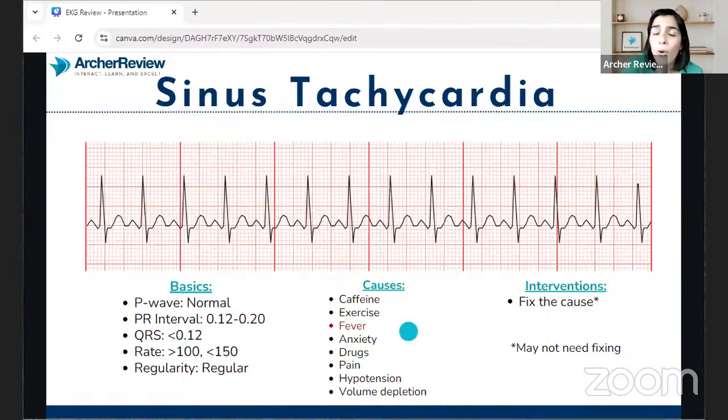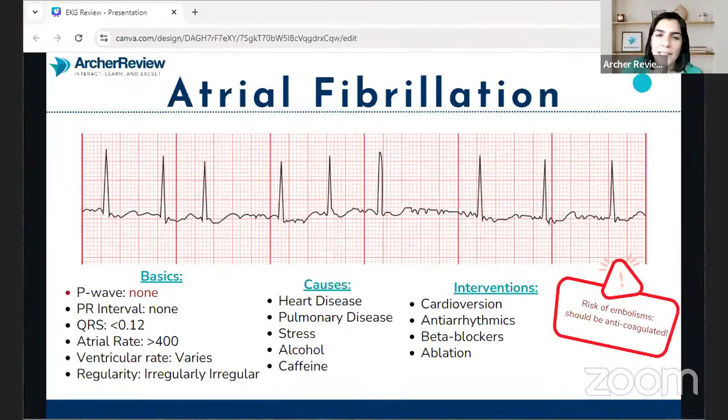But if it's a common cold and you've ruled out a secondary bacterial infection, you might see a little bit more of a rapid heart rate in that patient. But again, the takeaway is that it always needs some investigation to see if there is an underlying cause that we need to address to fix. Okay, so atrial fibrillation, this is going to be the most common arrhythmia that you see in